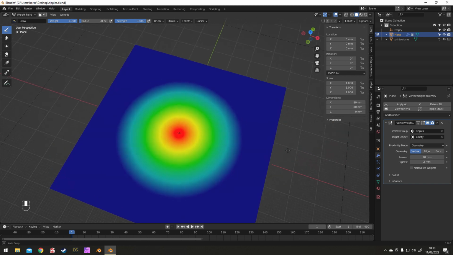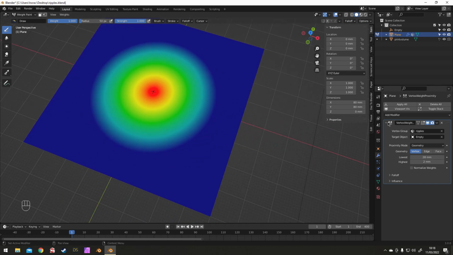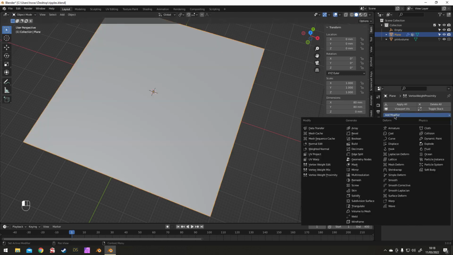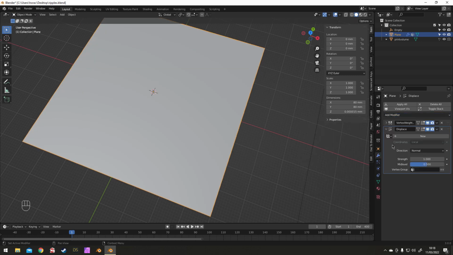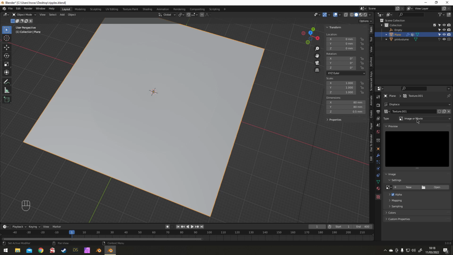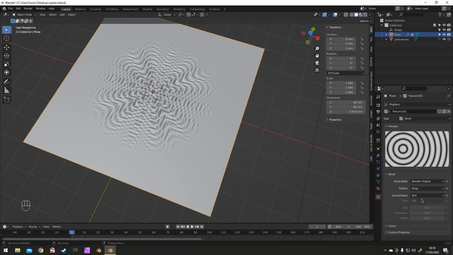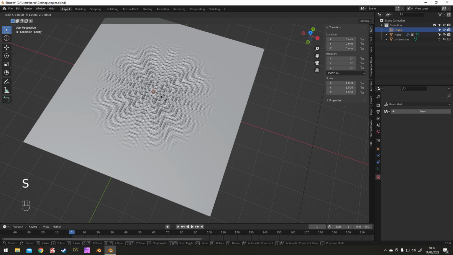Once this is right, we're going to go back into object mode and add a displace modifier. Click the new texture, coordinates, set that to object, change the vertex group to the ripples and the object to the empty, and then we're going to adjust the texture. Select the type as wood and change the pattern to rings, and once that's done we select the empty and